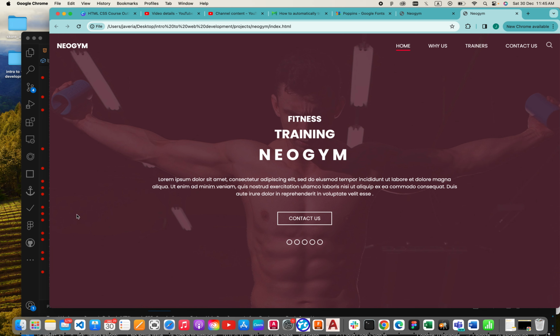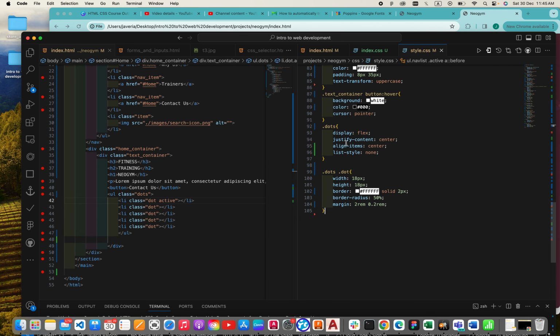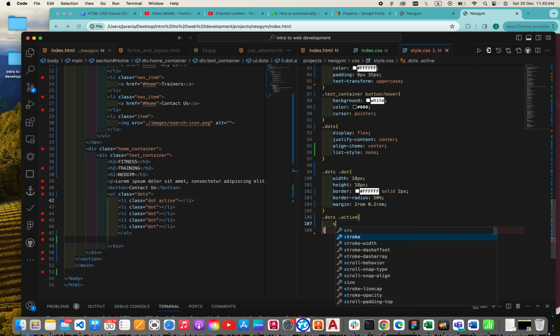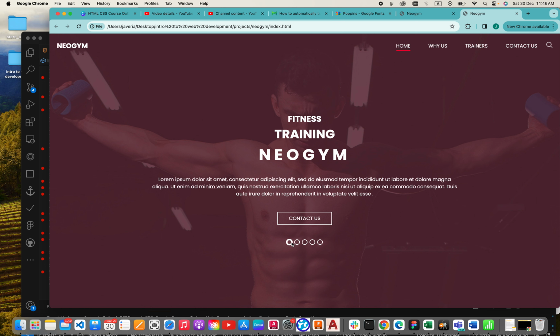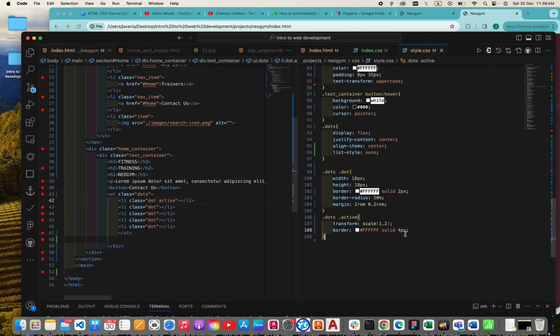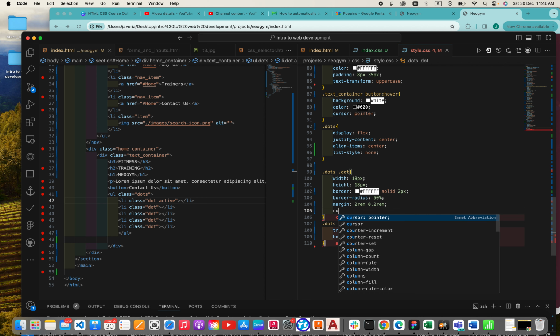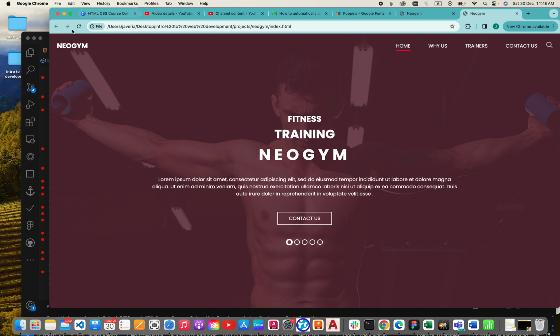So let's change that icon only. So here what I'm going to do, I'm just going to click the dots, paste it, then active should have a scale, transform scale 1.2, and then there is a border. Copy this, paste it, and make this of 4. I hope this will work. Refresh. Yeah, we are having it. And now I will make the cursor pointer on these all dots. So cursor pointer, come here, refresh. Yeah, so our website is working fine,